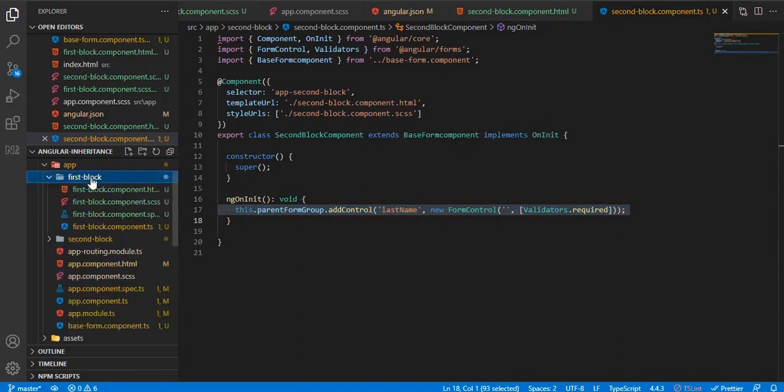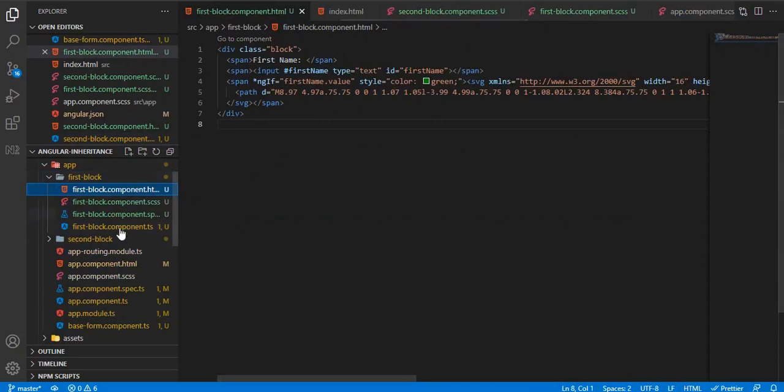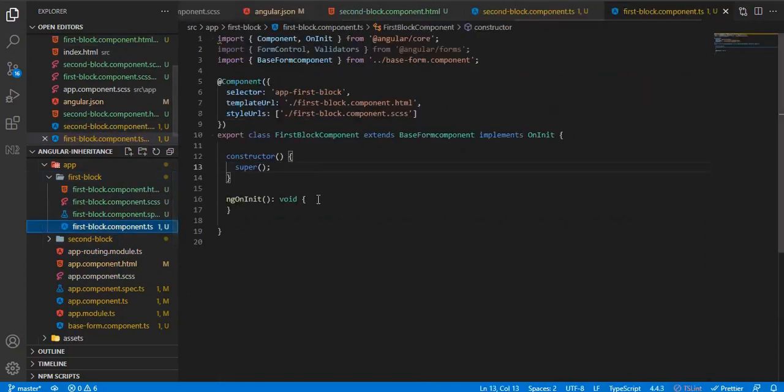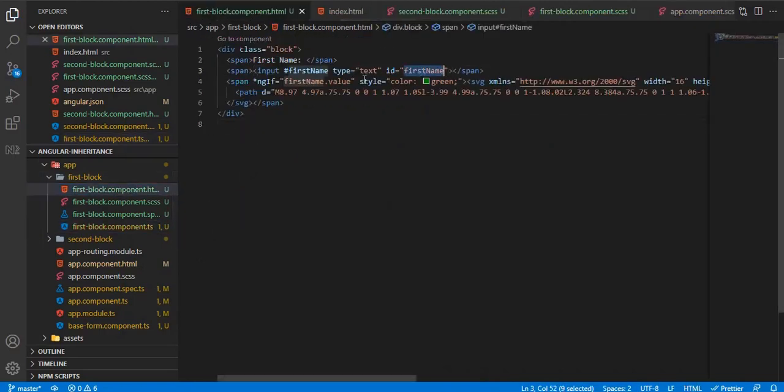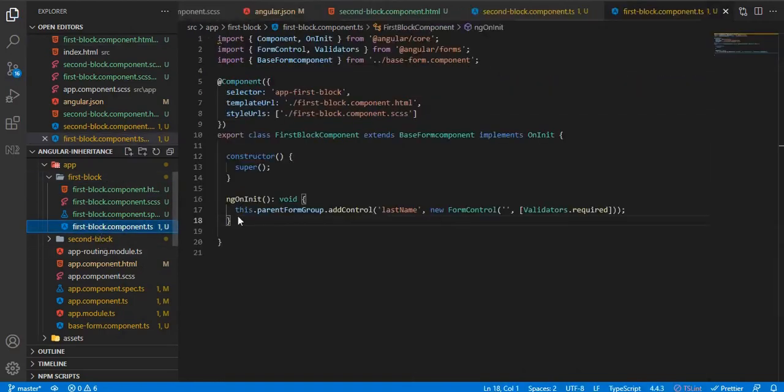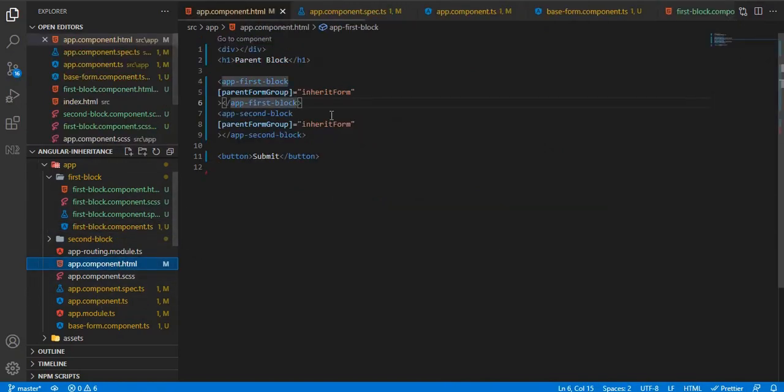Okay, so let's go there. Let's paste it here. Let's check the HTML. This should be first name. Okay, so first name, and now what we have done is we have created the form group in app component.html.